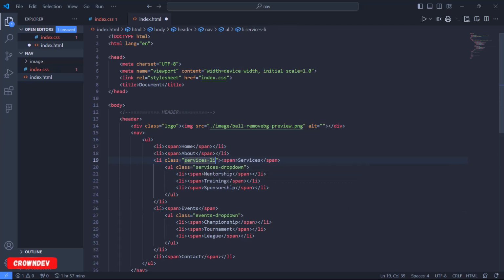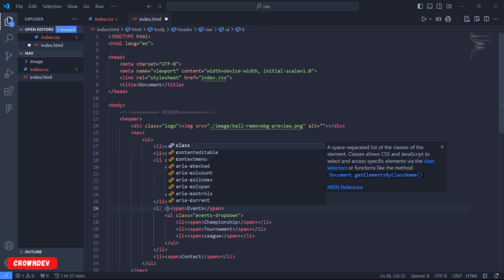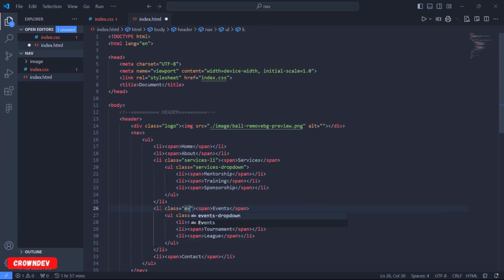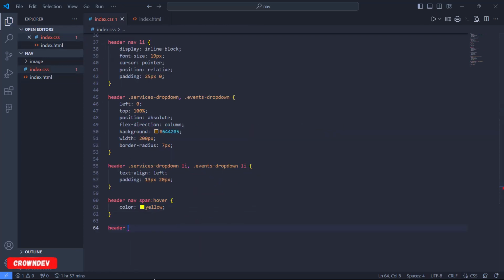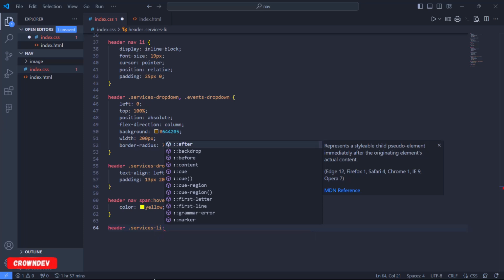Let's also give this a class of event li. Now let's go to our CSS and call it .services li. So when we hover on it,